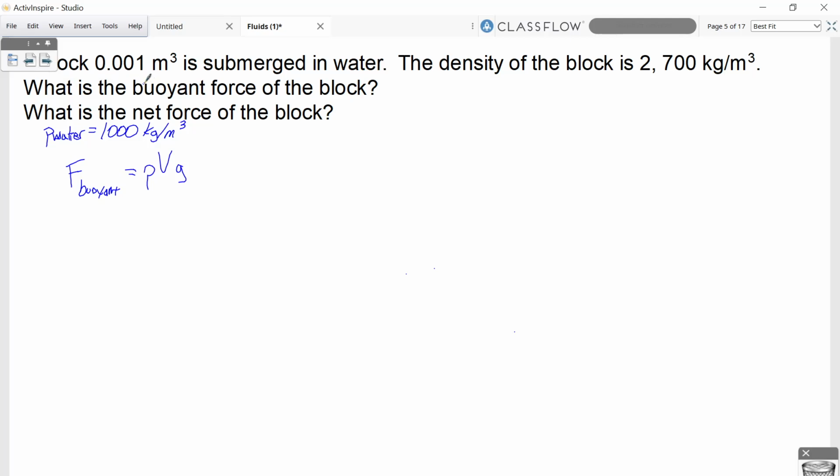So it says a block is 0.01 meter cube is submerged in water. The density is that. What is the buoyant force? What is the net force? So we're going to figure out all of the variables it's asking for, and plug in our numbers. Remember, this part right here is supposed to be 1,000. That's the density of water. We'll go over that near the end of the video, and I'll explain where we get that number from. This is our volume, 0.001. And then, of course, gravity. And when I multiply all of this,